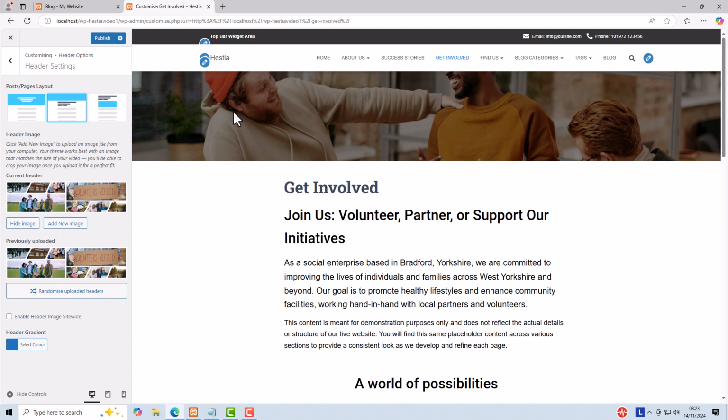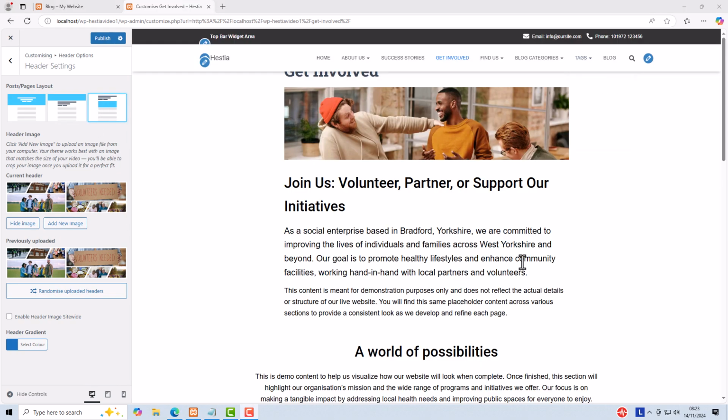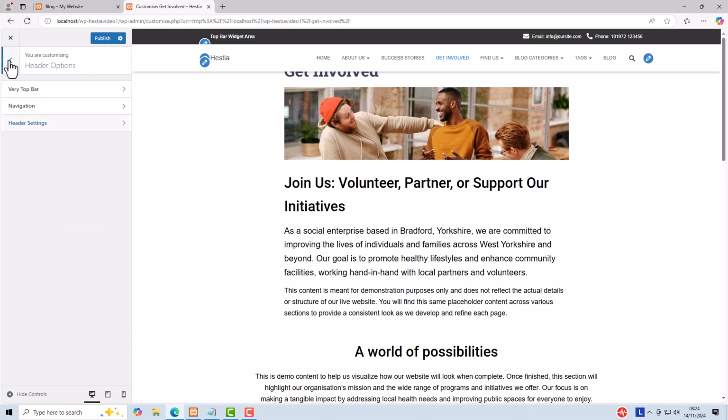still got the featured image at the top, but the blog post title is now in the body of the page. Or if I choose this one, the featured image is now in the body of the page and the title is also in the body of the page. Now if you look there, the title is underneath the navbar, and the reason for that is I changed the settings. So we go to